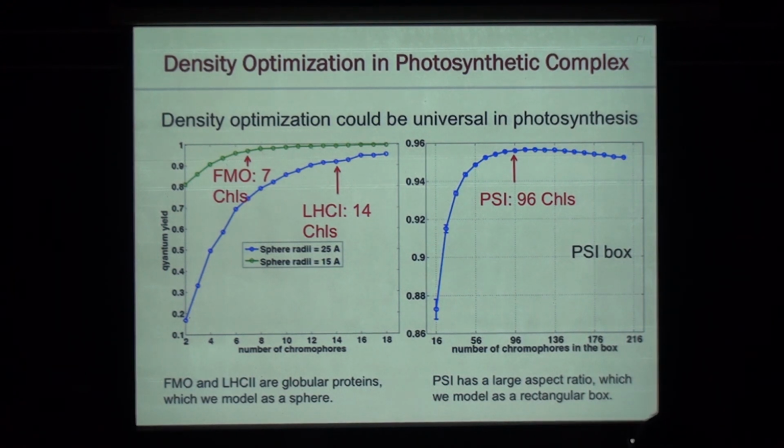Applying the same trick, we found for this LHC2 model with this curve, and FMO model with this curve, this 7 and this 14 are what's found in the real systems. They are close to the saturation line. They are too small to have this kind of decay, but they almost saturate here. And you can imagine that in a biological setup, if you can perform